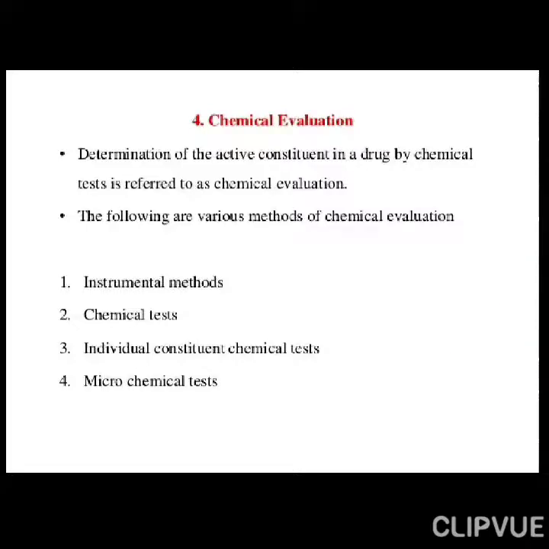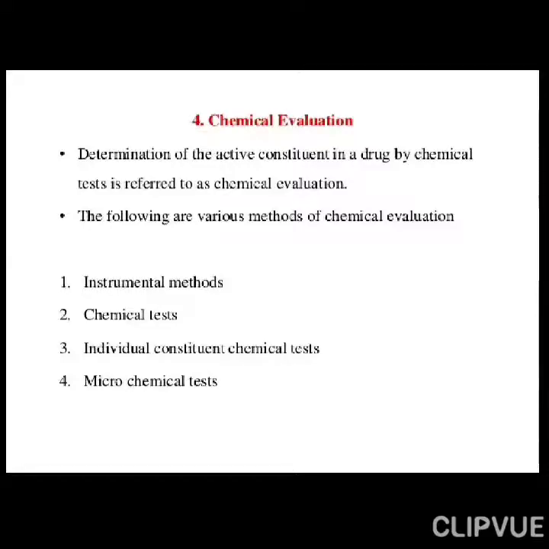Hello students, today we are going to discuss the chemical evaluation of crude drugs, right? When it comes to the chemical evaluation of crude drugs, we need to evaluate the drug depending on the presence of the chemical constituents in the given sample of commercial crude drug, right? So these chemical moieties are going to be the parameters to evaluate, whether these chemicals are there in sufficient quantity or not, or whether they are there in their exact quality or not, so that they can show the therapeutic value.